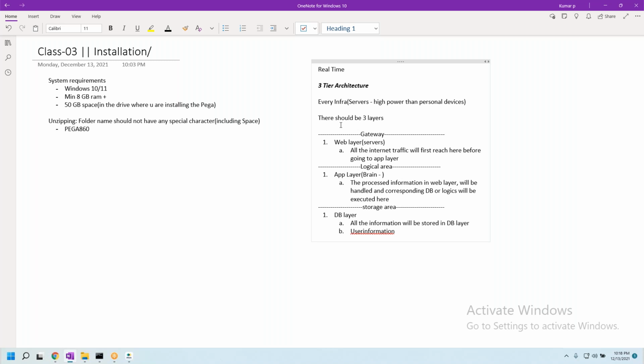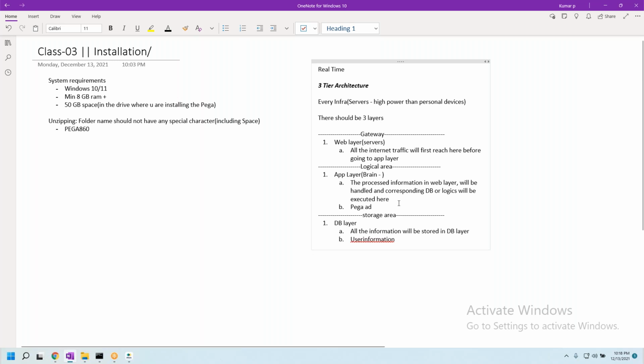Okay, so here, our Pega is going to be installed by the Pega administrator. Pega administrator will install Pega in this layer. Now we are hearing a new word called Pega administrator.